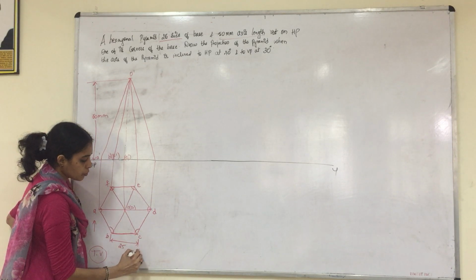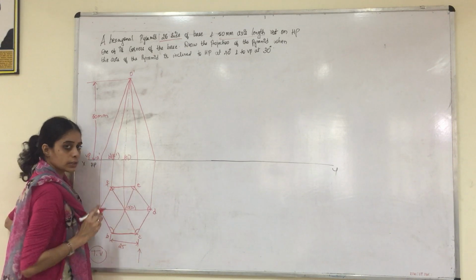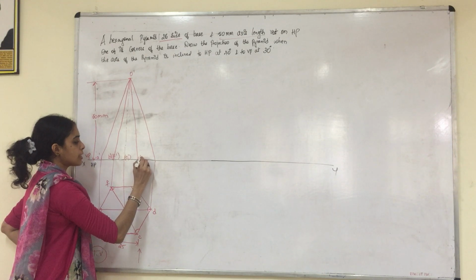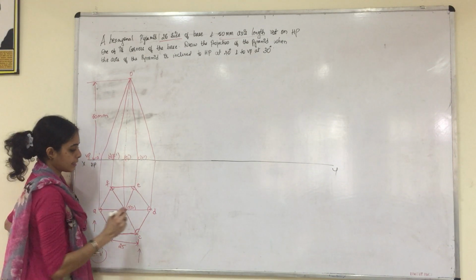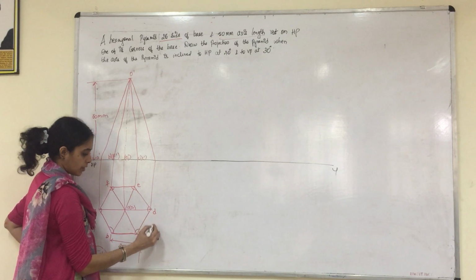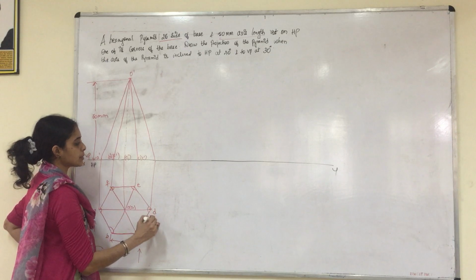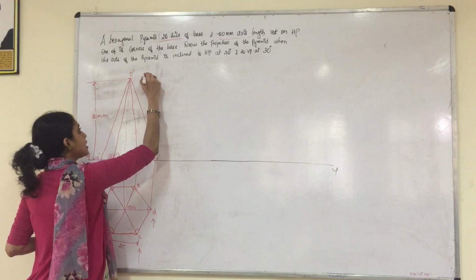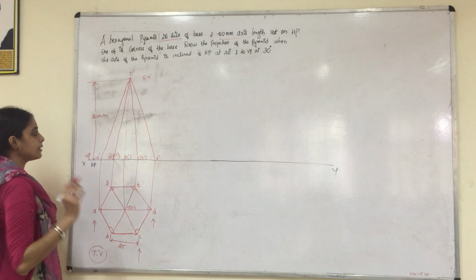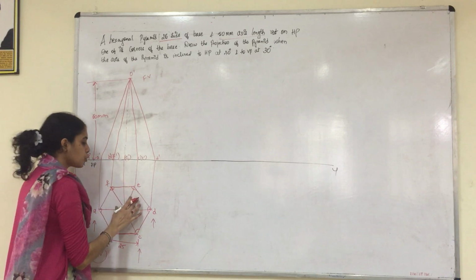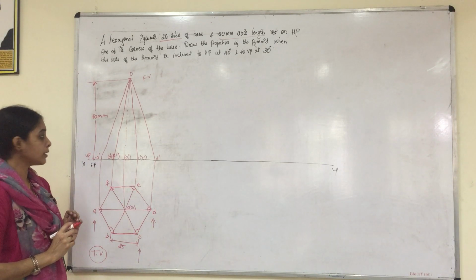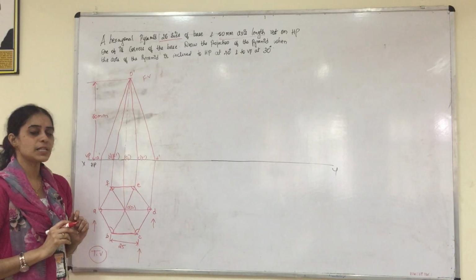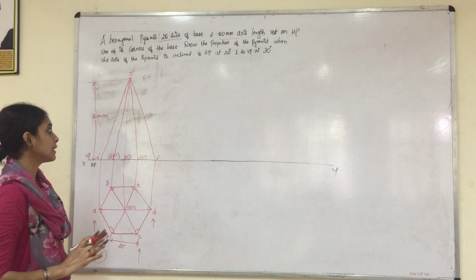And you come here, when the observer views from here, C and E will be along the same line. C will be visible and E won't be visible. So you will write C dash outside the bracket and E dash within the bracket. And again here, you project, when the observer views from here, the corner D will be visible. So when it comes to the front view, it will be D dash. So now we have completed the first stage of the front view and the top view, wherein it provides a true shape of the top view in case of the hexagonal pyramid. And the front view will look like a triangular surface because all the pyramids are bounded by triangular surfaces.